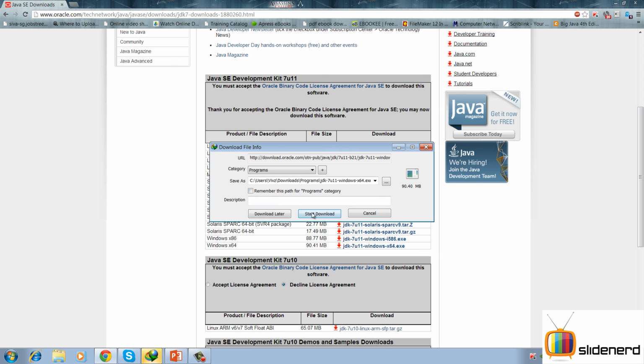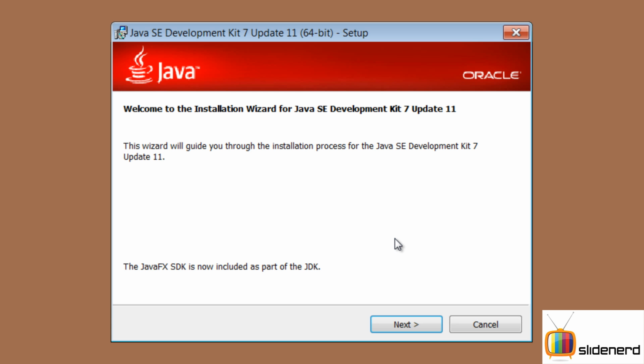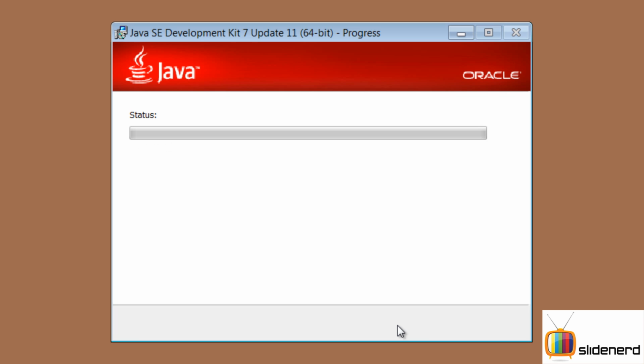So at this point it's gonna start download. Alright, I downloaded the file to my desktop. Here's the exe file, as you can see over here. I'm gonna click it, run it. Okay, now it's talking about, click next. And I'm installing it to my C program files. Click next. If you're using Windows 32-bit, this is going to go into C program files x86 instead of my normal program files folder.